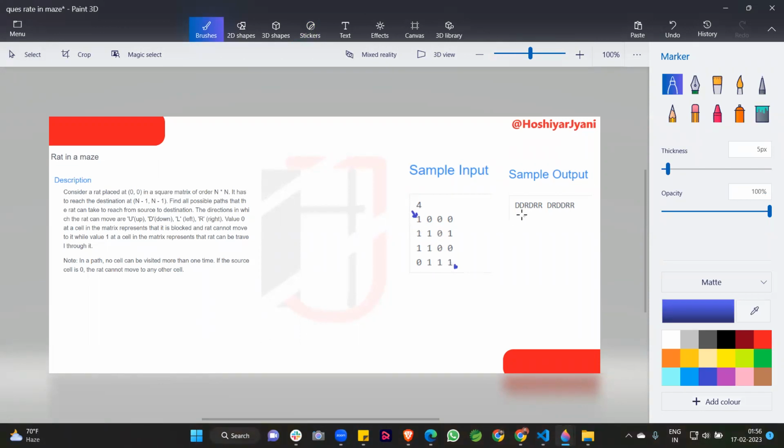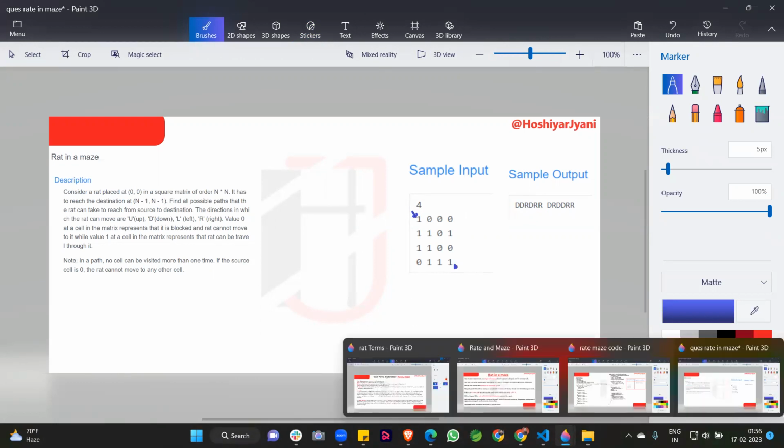So you can see there are two possible paths from the point (0, 0) to the last position: DRDDRR and DDRDRR. D is for down, R is for right, U for up, and L for left. I am explaining this question with the help of the second PPT.